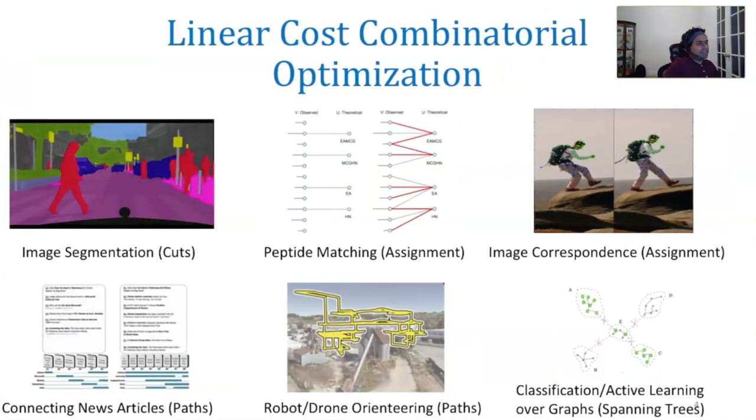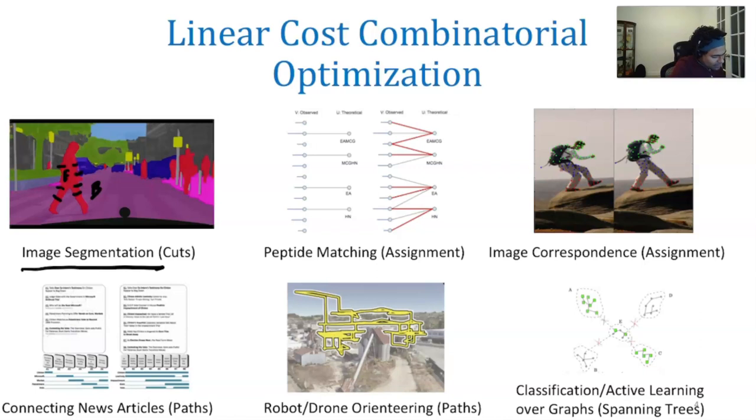So the most typical way of modeling this would be to do what is called linear cost combinatorial optimization, right? What we mean by linear cost here is that we have a combinatorial problem, like for example, finding cuts in a graph, right? And an application of this is image segmentation, right? In image segmentation, you have the foreground